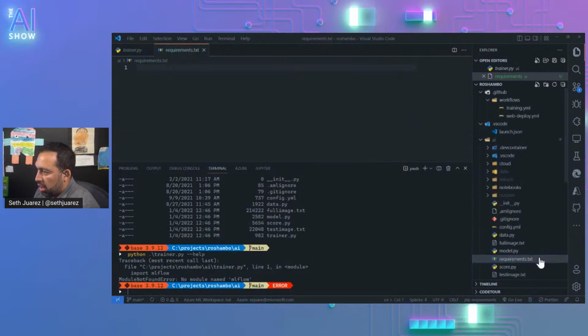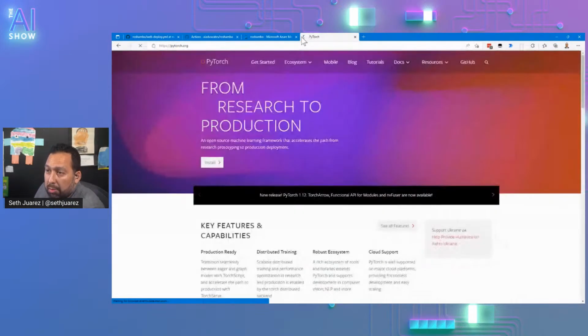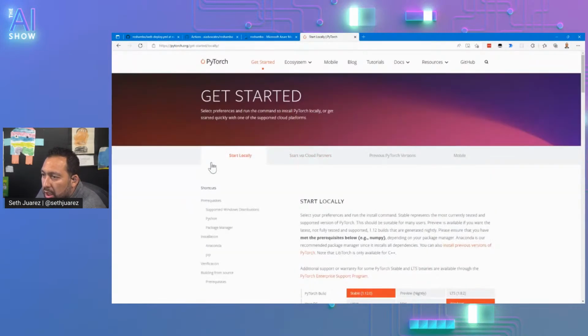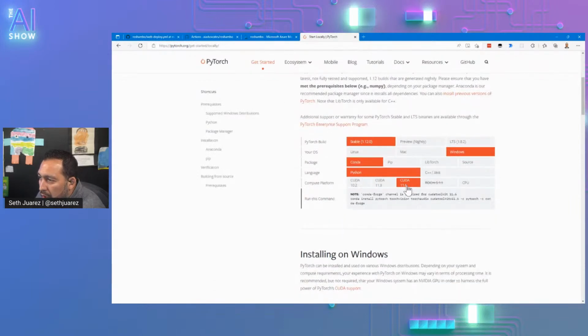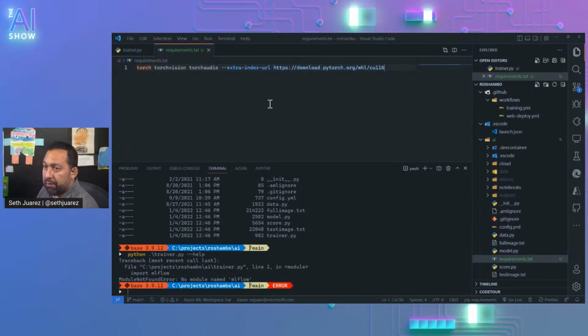Requirements.txt. Okay, so for sure we're going to need us some PyTorch because we have some PyTorch. So how do we install PyTorch? PyTorch.org. We're on CUDA 6 because we like to be on the forefront of everything. So let's go to our requirements.txt and do this.